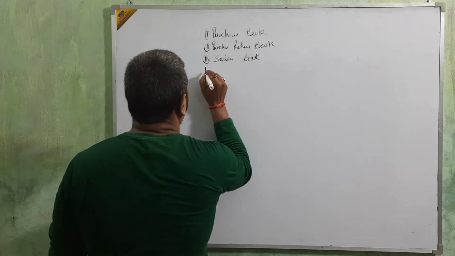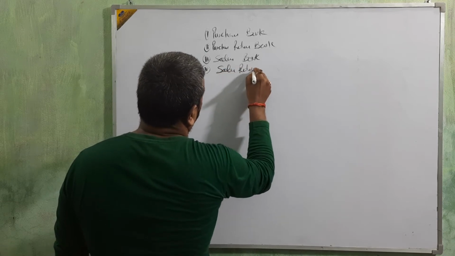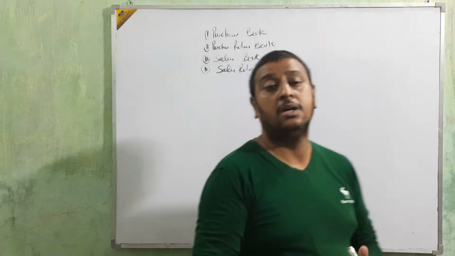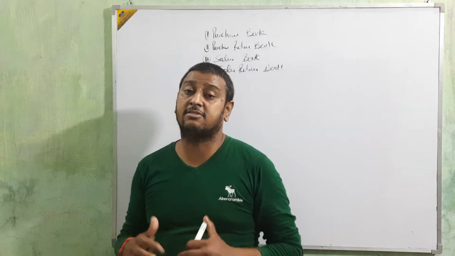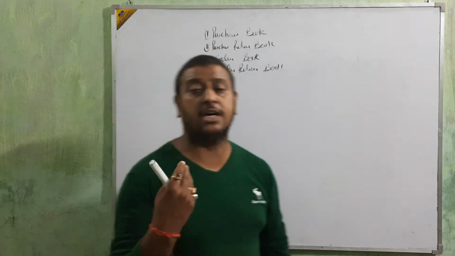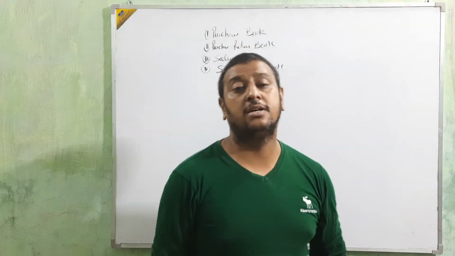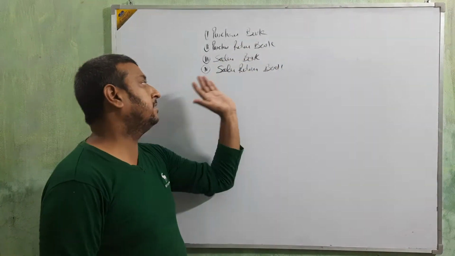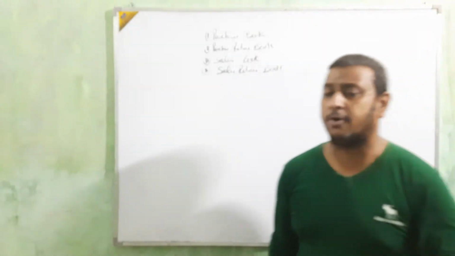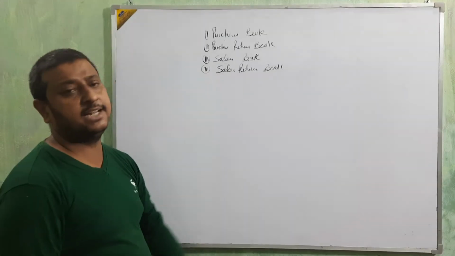Next, sales return book. In all credit sales, if any type of problem comes and your customer returns your goods, that will be entered in this sales return book. Okay beta, you are going to sell on credit, and if a problem comes and the credit sale is returned, that will be entered in the sales return book.